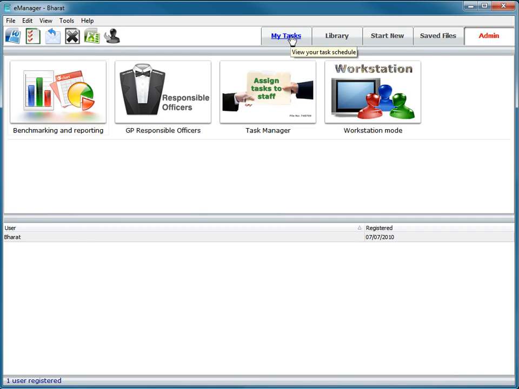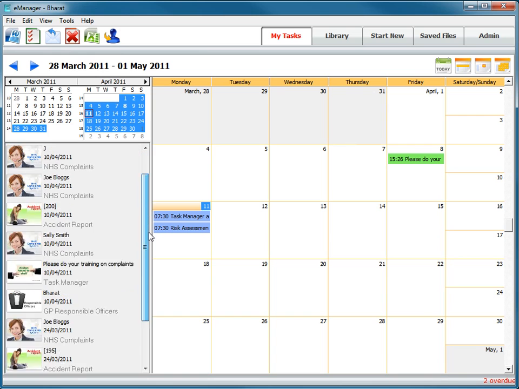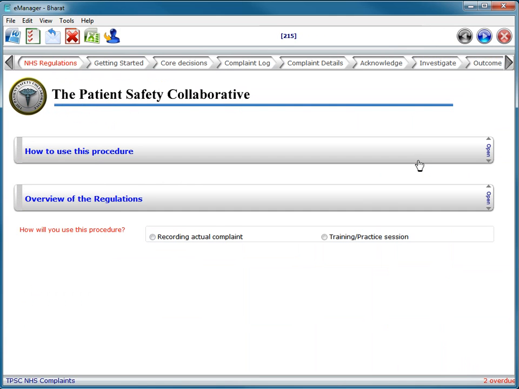Now, when you start off, you will start off with My Tasks. This is the screen you will see when you first come in. On the left hand side over here are the last 10 things I did. So it's very easy to find the things that I was working on. Of course, when the task is completed, it disappears off that list. On the right hand side is my calendar, my task list, and my manager has kindly left me a task to do. It says, please do your training on complaints. When I double click on it, I'm into complaints,